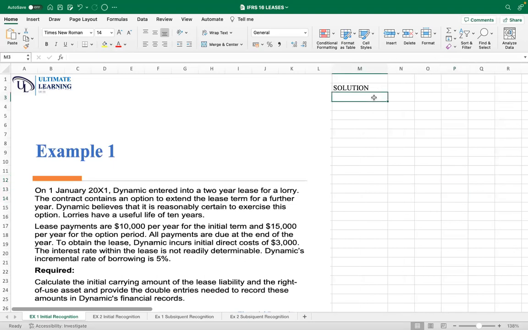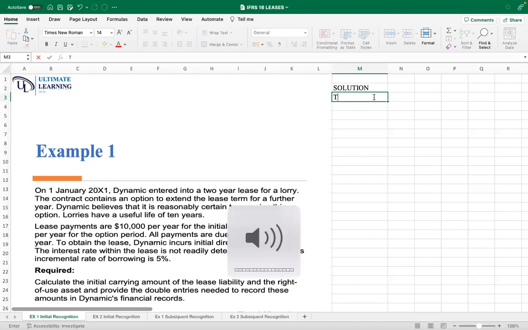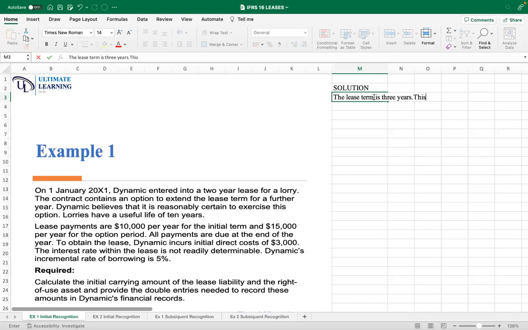Okay, so in our solution, we are being told to calculate the right of use asset and the lease liability. The lease term is 3 years. That is our opening statement. The lease term is 3 years. This is because